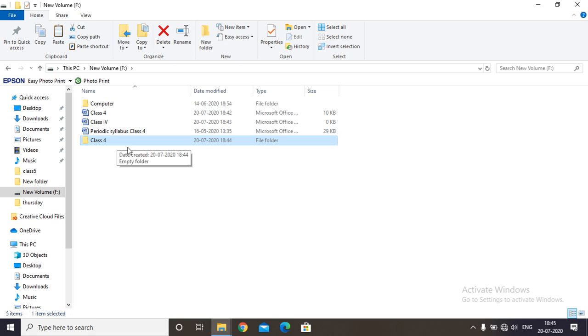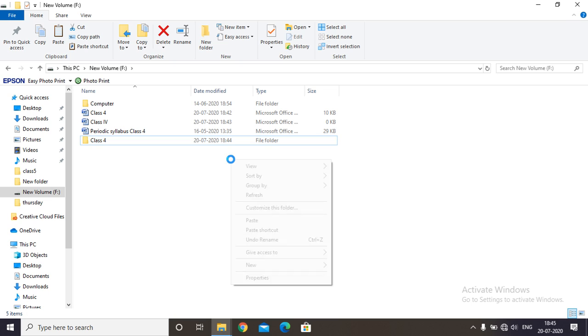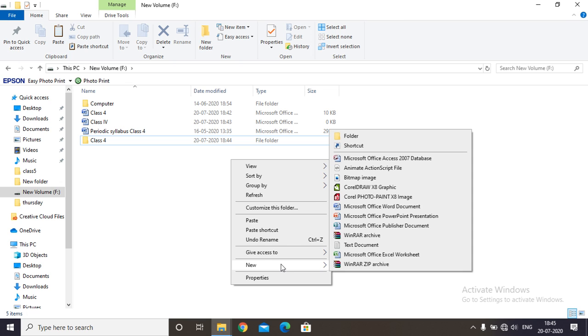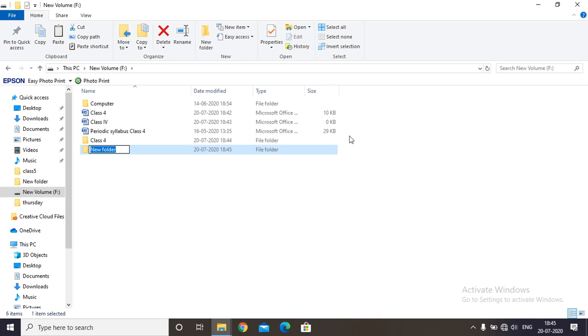So this was the method 1. There is a method 2. Again, right click on the empty space anywhere on the screen and place the pointer on the new option and click on the folder option present in the sub menu. So as soon as you click on this, you can see that a new folder appears in the right pane.